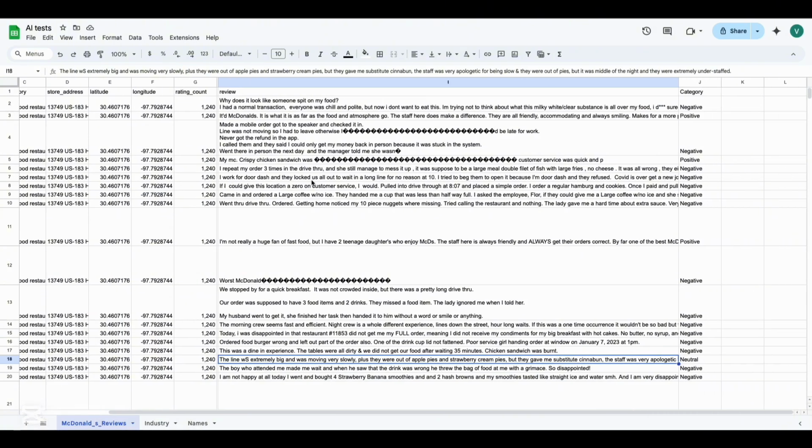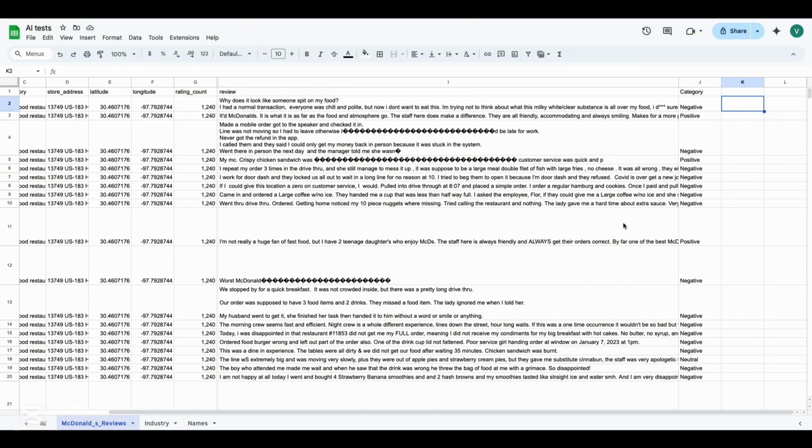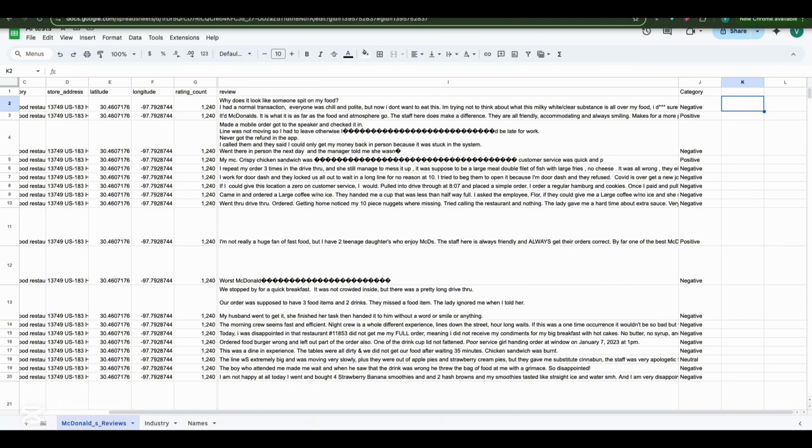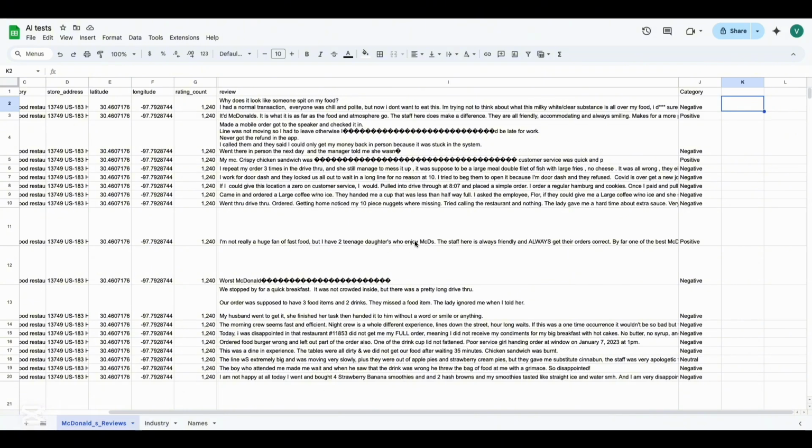It's going super fast. It's a great use case. It would literally be impossible to do this by yourself. To do 30,000 of these by yourself, it would literally be such a pain. It would not be worth it at all. So this is one use case. I'm gonna go into another one now, which is